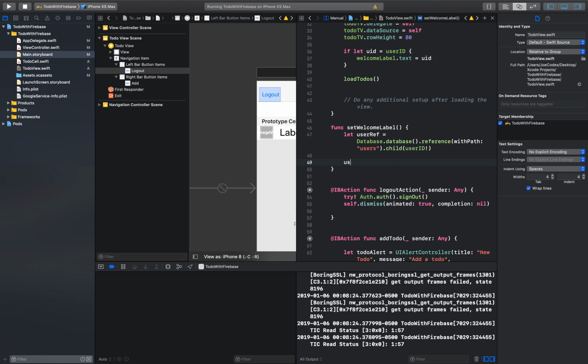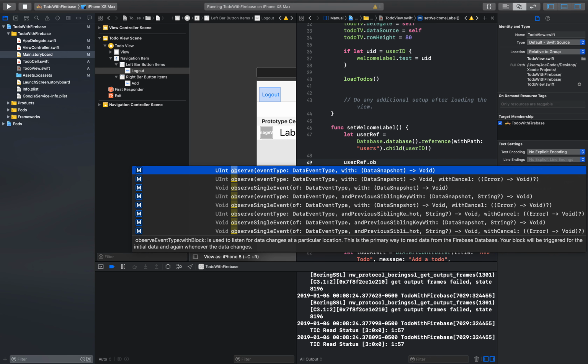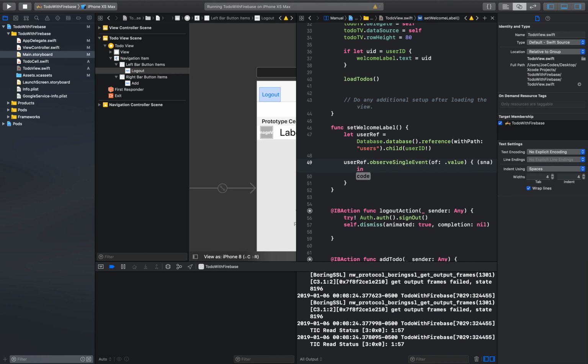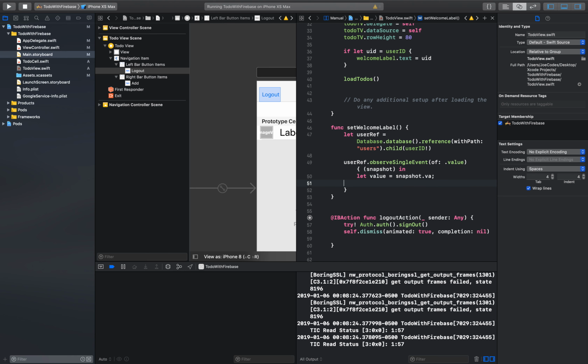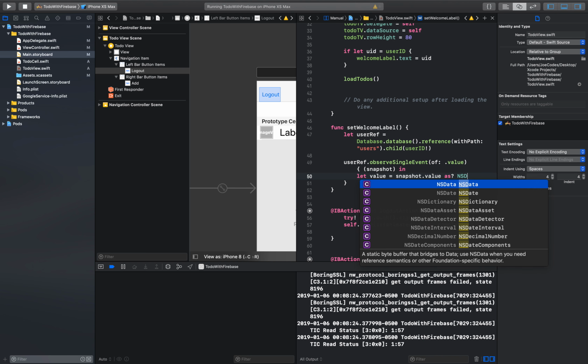So here we're going to say userRef dot observeSingleEvent, just as we did before, dot value, call it snapshot, and in here we're going to say, like we did before, let value equal snapshot dot value as NSDictionary,